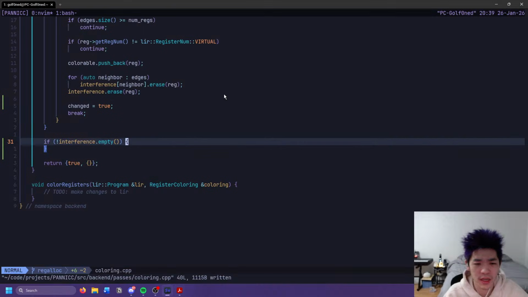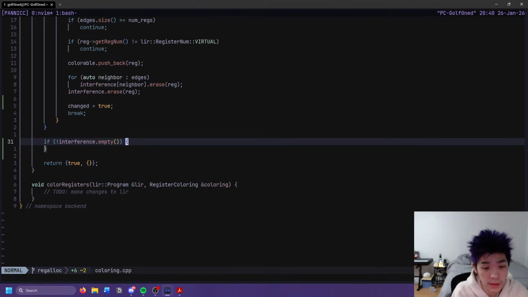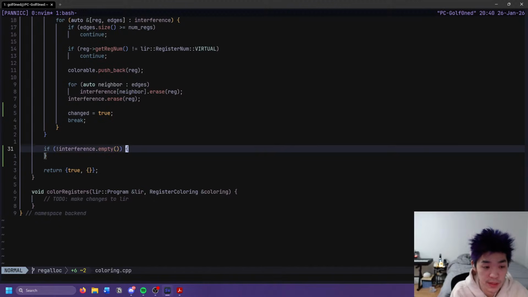Maybe I should use a different color scheme so people don't think I'm using lazy, actually. Let's use vague. There we go. Now I can pretend to be Sylvan Franklin, I guess. Yippee.